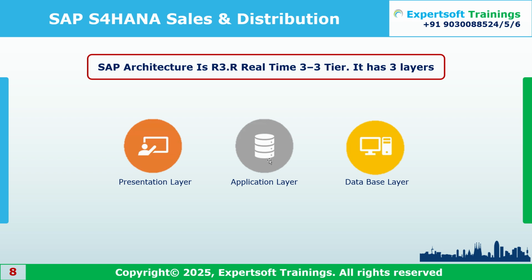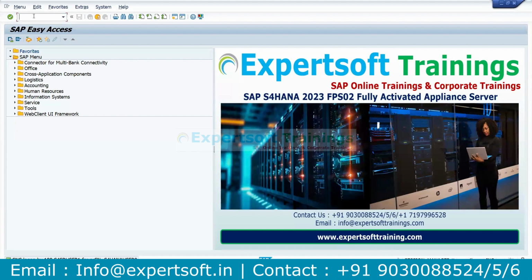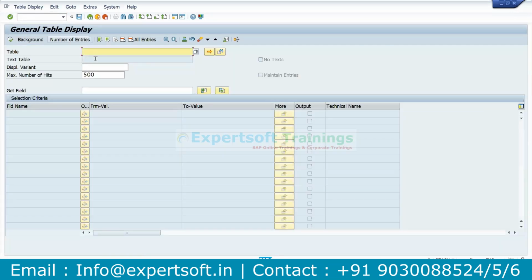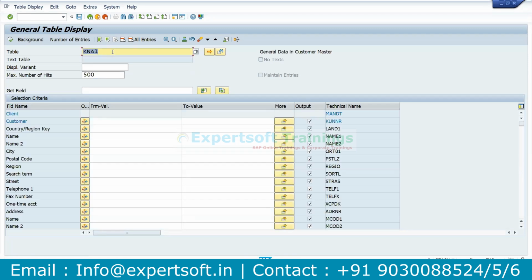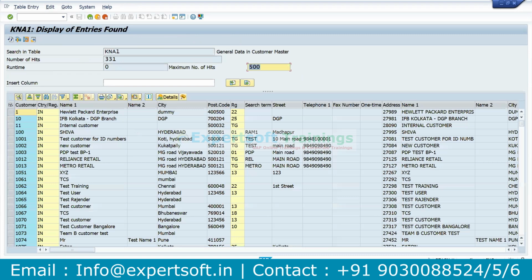For example, I mentioned tables and fields. Let me take customer and go to a table in SAP. The transaction codes are SE16, SE16N, and SE16H; there are three transaction codes. There is a table which is meant for customer master details, where you can see general data. If you execute this table without giving any input, in this system there are 331 customer details maintained. If you observe, this is the customer number, this is the country the customer belongs to, this is the name of the customer,